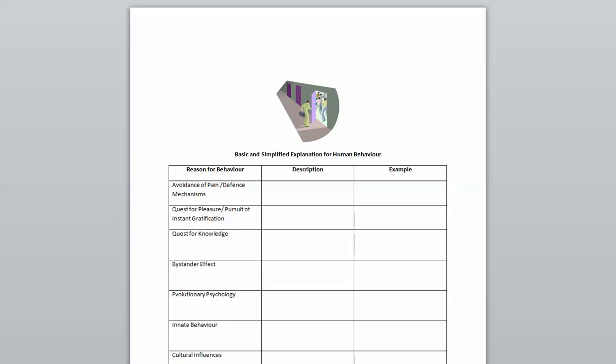Sour grapes is when you say something's not a worthwhile goal. So let's say you lost a basketball game, and then you say to yourself, "Well, basketball is not my favorite sport. We're a volleyball school anyways, so that's why." Or you get a bad mark in this class, and you say, "Well, I don't really learn online very well. This class is a bit of a joke anyways. I got a good mark in the classes that really matter."